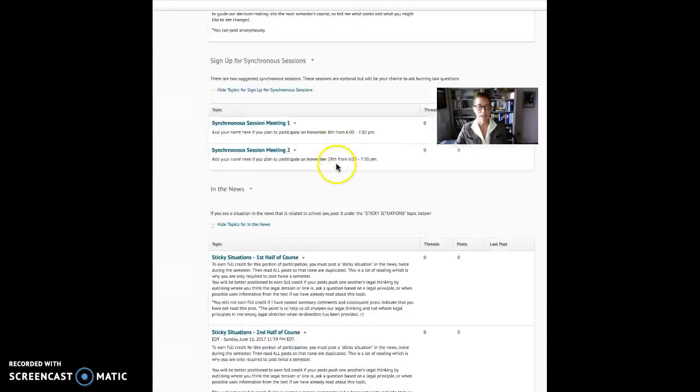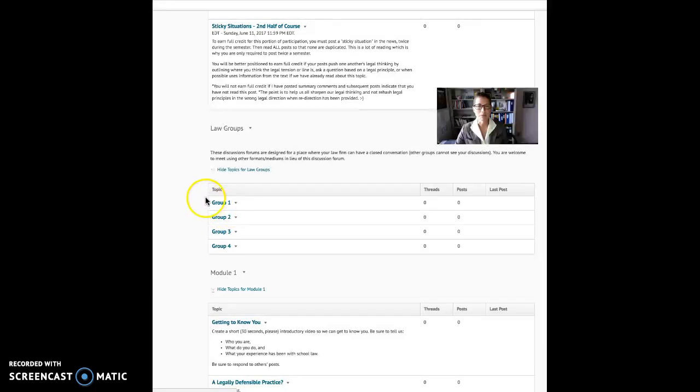So let's go to law firms. It's exciting. You're going to be working in law firms. You'll get to name your law firm. I love it when you're creative, so feel free to be. I will put you in groups based on when you actually sign in, and you will work with that group to do a lot of your coursework. Part of that is to reduce the coursework because there's so much. Every module has a quiz, every module has a discussion post, and every module has an activity that you're going to do. But you're going to be doing those activities in groups, and hopefully that will really reduce some of the stress. The legal briefs you'll do on your own,